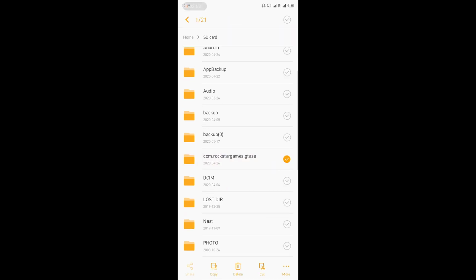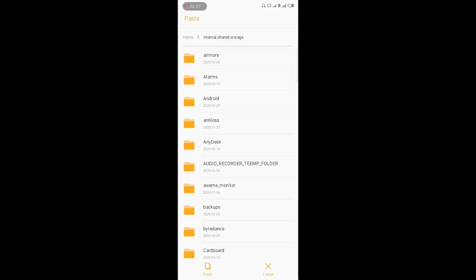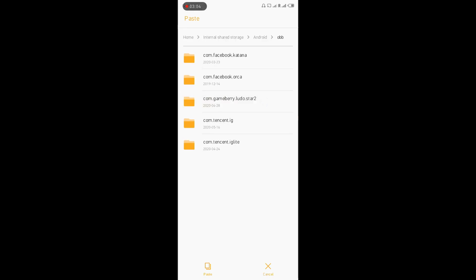So that's what we want to do: copy this folder to the internal storage in the Android folder. Here is the Android folder, and then the OBB folder. We just need to paste it.